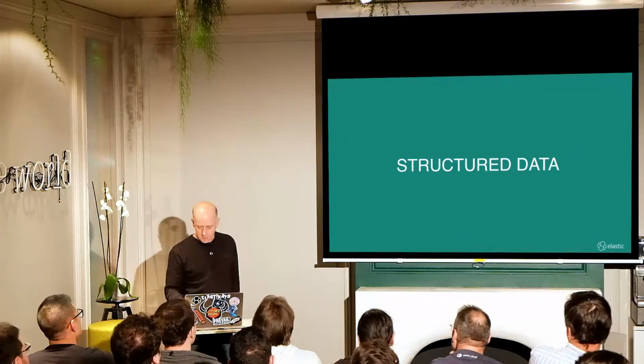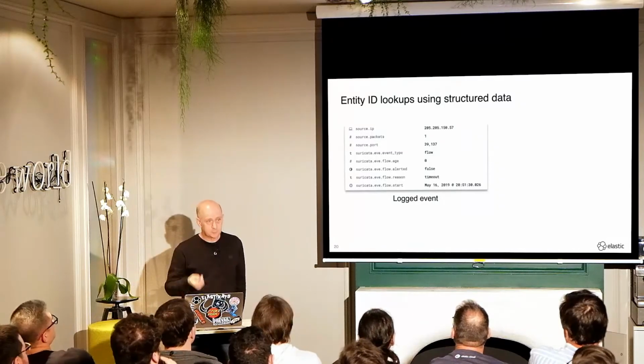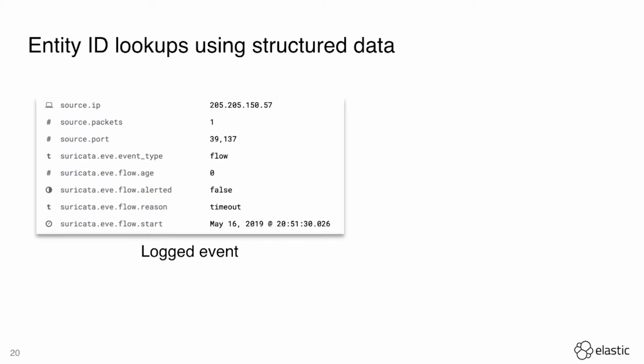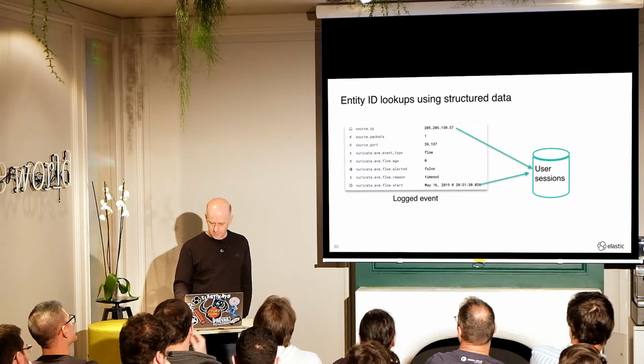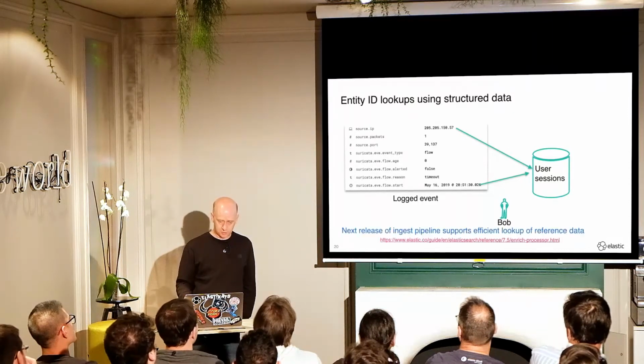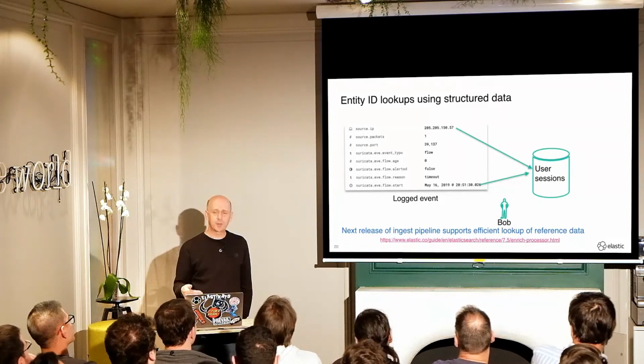Okay, structured data. One of the things we're doing with structured data to help understand who we're dealing with out there in the real world is we'll get logged events like this one, where we have IP addresses and dates and all these kinds of things. The idea is that we can take some of this information as we're indexing it and look it up and say, what was the user behind that IP address at that point in time? And that will tell you that's Bob, and then you might index a document saying, this is Bob making this request. So again, it's just about knowing who you're dealing with.